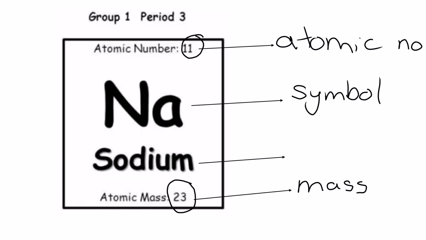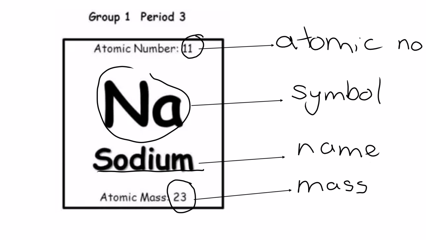So this is what you will always get on the periodic table. It's the symbol. It doesn't always match the name. So like this is sodium, okay? Back in the day when Greek and Latin were the spoken languages, Na was an element and it used to be called nastrium, so that's why it's Na, but now in English we call it sodium. So this would then be its name and this would then be its symbol, and they don't always match.